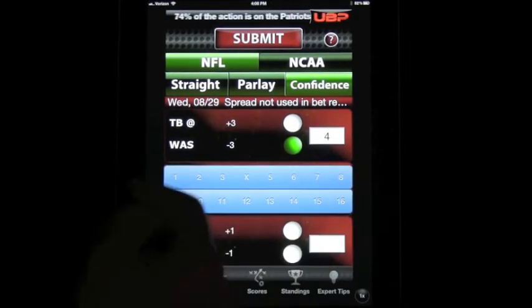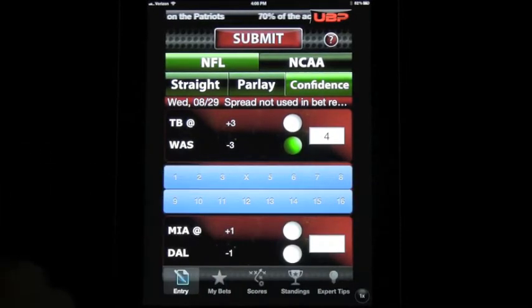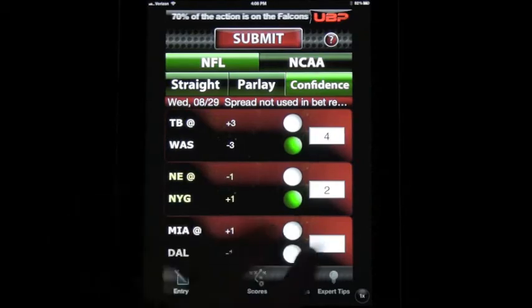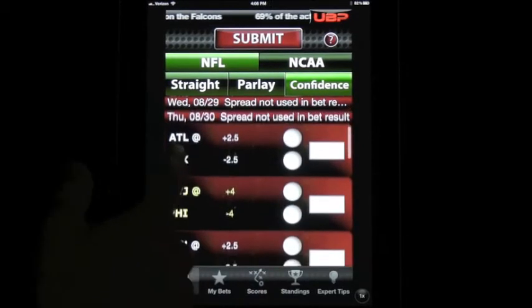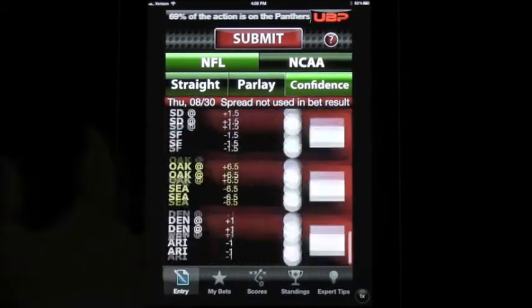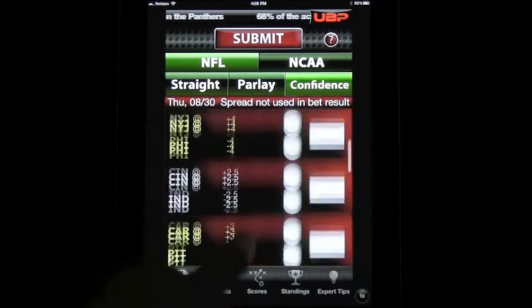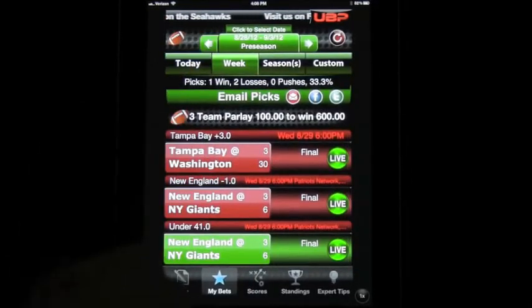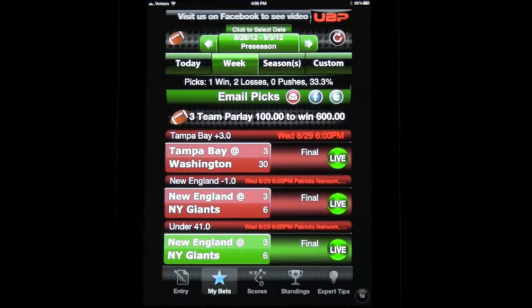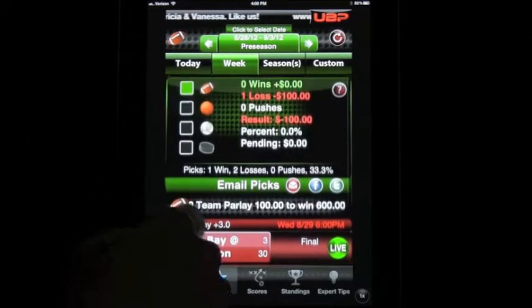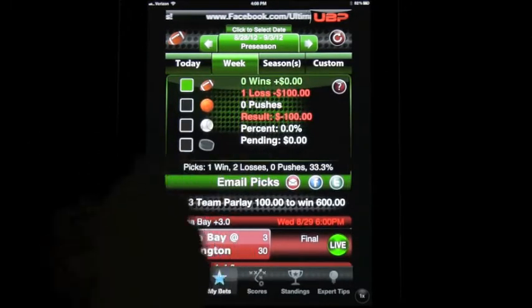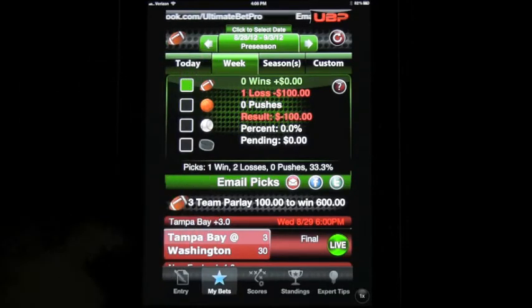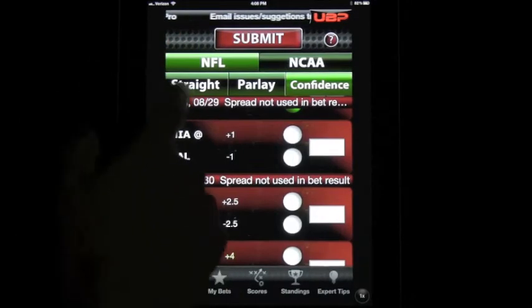Go into the next one, pick the tab. 4 is now X'd out, so it's not an option to click on. Click another number, and so on. You just walk right through it, fill it all out, and that will track for you on your My Bets page. There'll actually be a confidence tab here, which will list out all of your confidence picks and tally up the totals as the games are played, whether you're winning or losing. Really nice feature, and that also will show up in the top section here, which is nice. So I'm going to go back to the entry page,